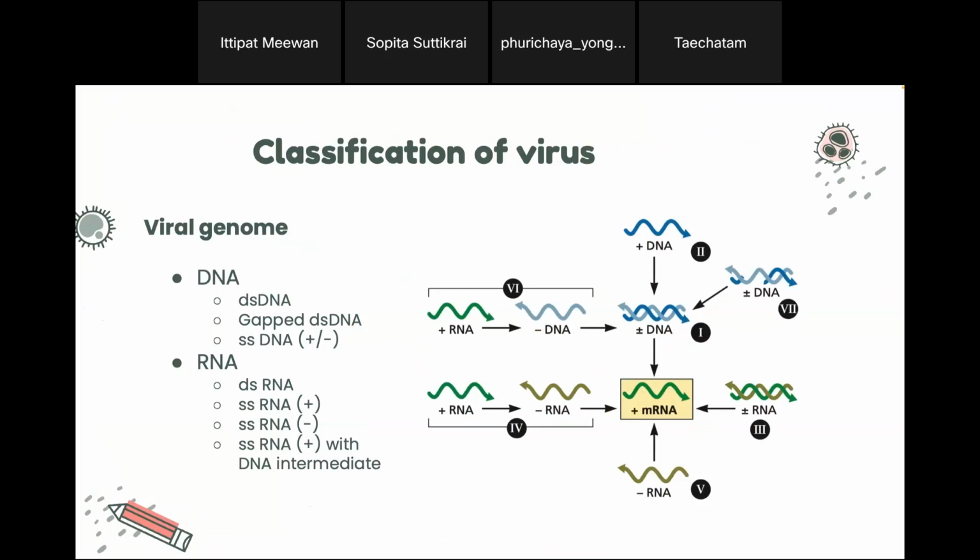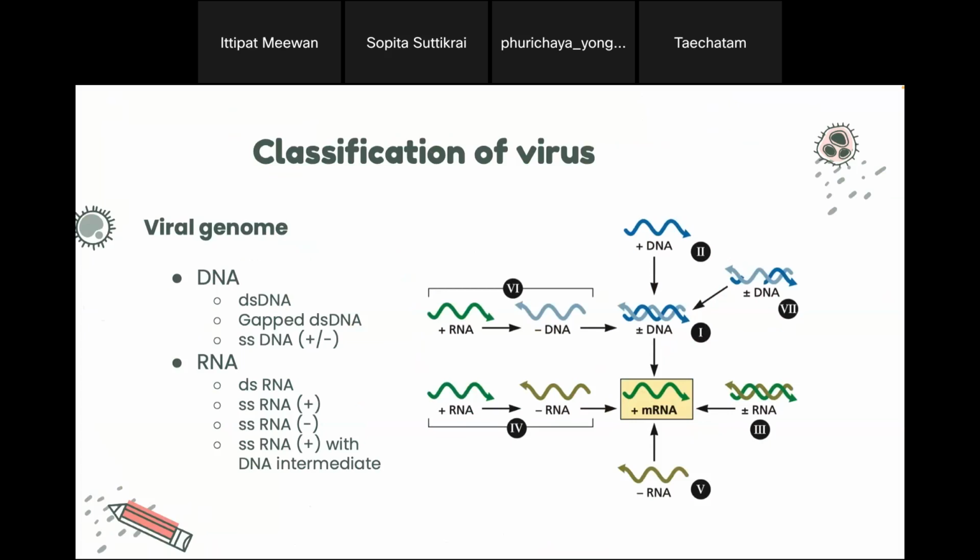So if we have DNA, it has to be transcribed to mRNA first in order to make the proteins. And all viruses want to make proteins because proteins can do the functions, right? Proteins can also make the structure of the virus, because the structure of the virus contains proteins. So all viruses want to make the mRNA first, then synthesize the proteins using the mRNA. If we classify them by the genome of the virus, we can classify them into 7